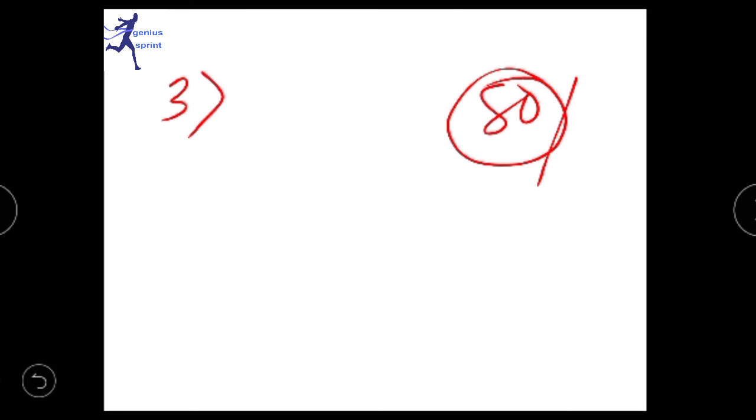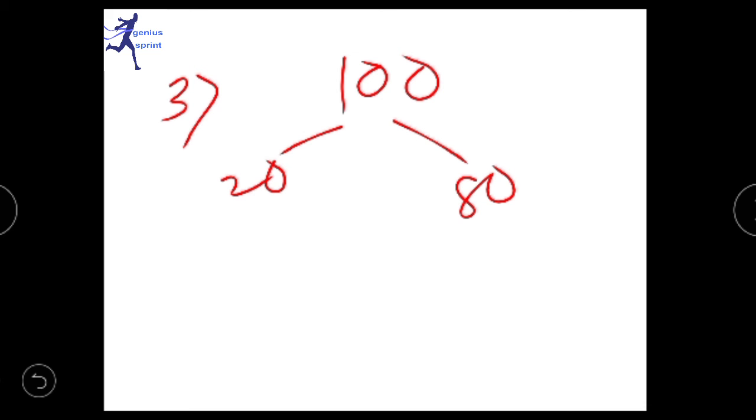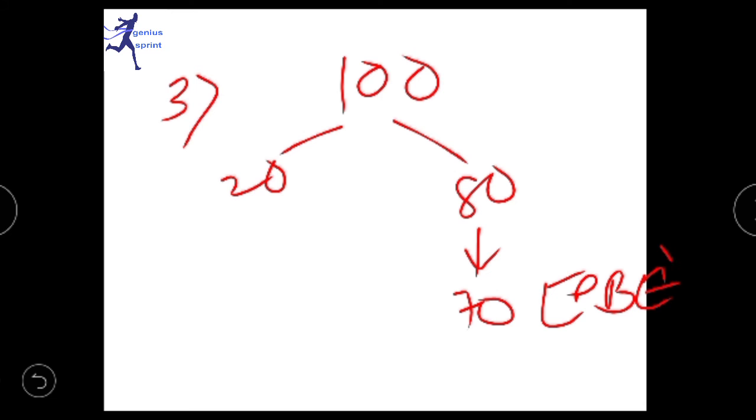Okay, so suppose out of 100 marks, there are two parts, one is 20 marks and another is 80 marks. Okay, so out of 80 marks, suppose you got 70 marks in the pre-board examination. Okay, so make it clear that in the pre-board examination, suppose you have got 70 marks out of 80, and for this out of 20, they will basically provide you 18 or 15 or sometimes based on your performance. Suppose you have got 18 marks.